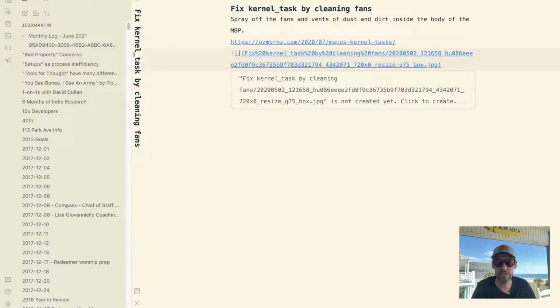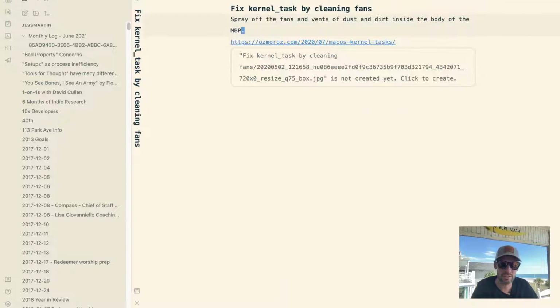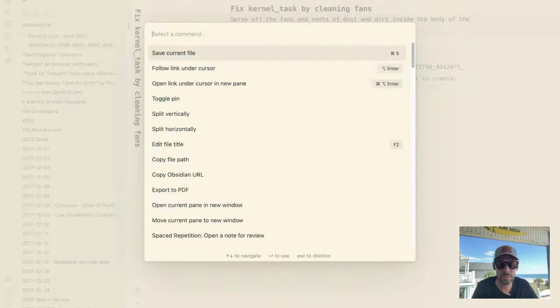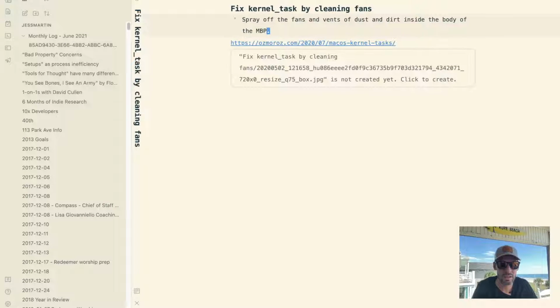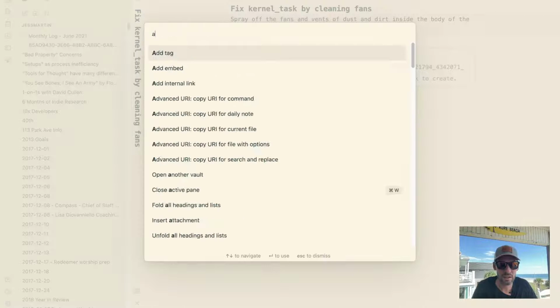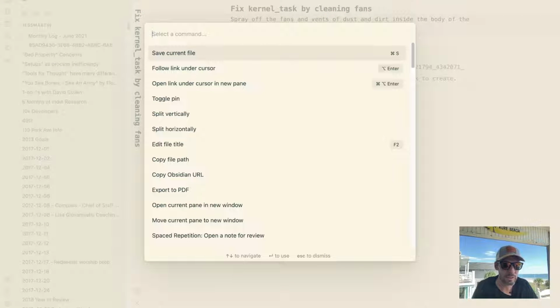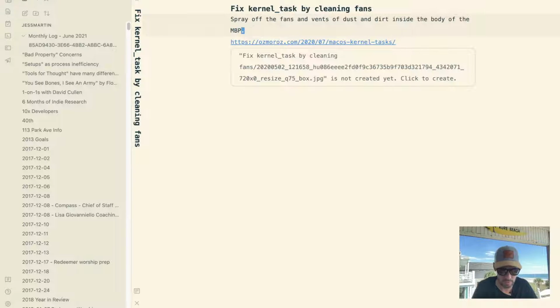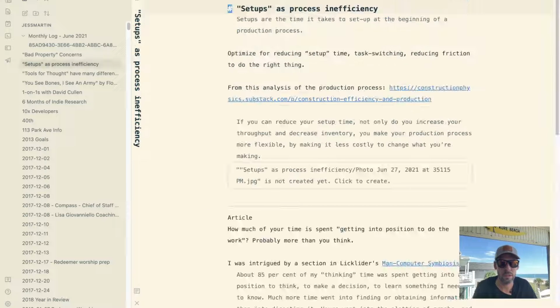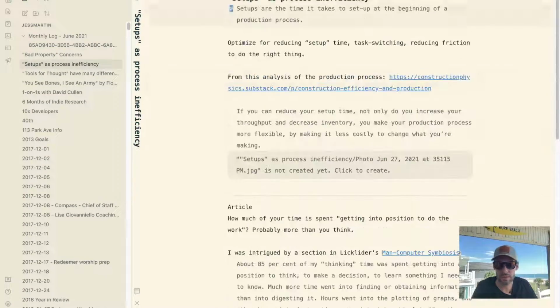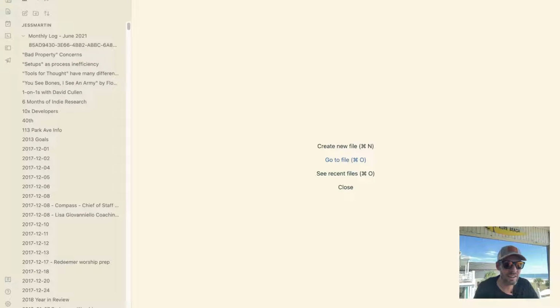Cool, so here is our Bear setup. I am using J and K to move up and down right now, so yay to Vim mode. I think Command P is the... Can I go to files this way? It's so funny what I don't even know. Nope. Let's see, Command O, I think. That's it. Yeah. Cool. So I can move up and down using Vim mode, which is pretty great. I've got the... yes, I've got... All right.